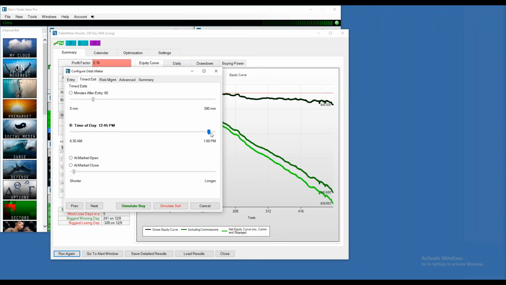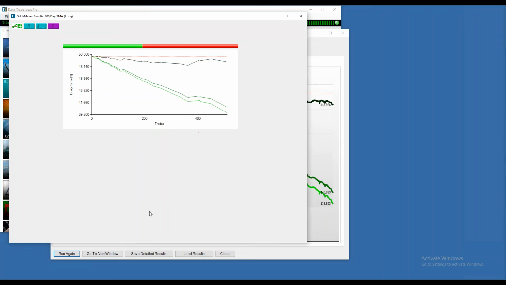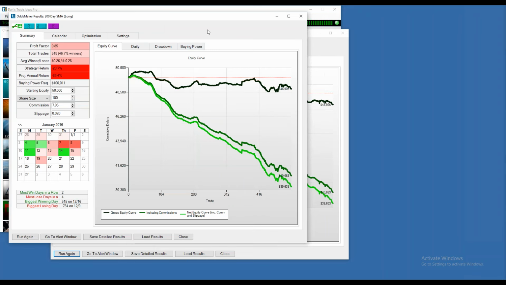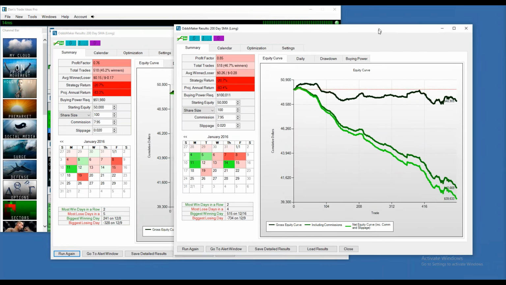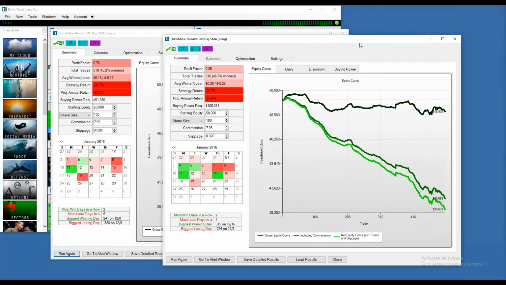What about if I hold it to the end of the day, like 15 minutes before the close? Does that change anything? So you can start putting hypotheses to the test and seeing what makes sense. And in this particular case, it doesn't really look like anything too exciting. What about the swing?